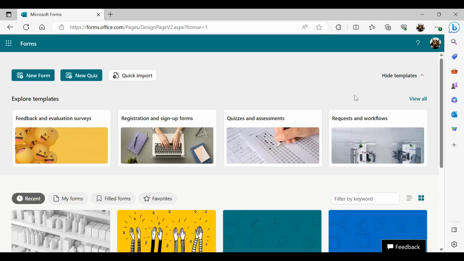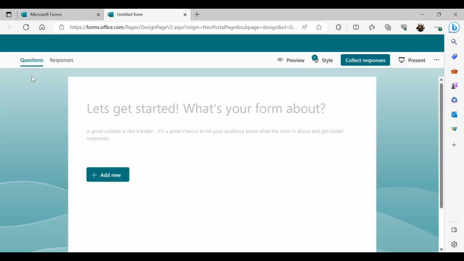Before we start, some important words about the importance of surveys. Surveys are important for every business because they help us do market research, help us get feedback from existing customers, help us find information about the product or service that we want to launch, and many more. To access Microsoft Forms, you need to have Microsoft Office installed on your computer. From there, just select Microsoft Forms. To start a new survey, click New Form, and we are ready to start